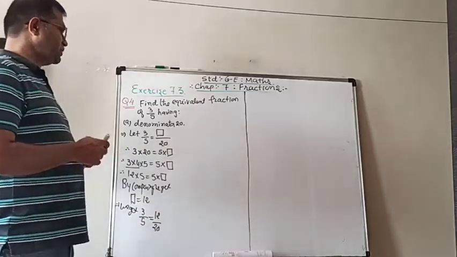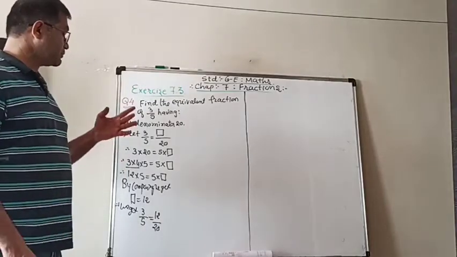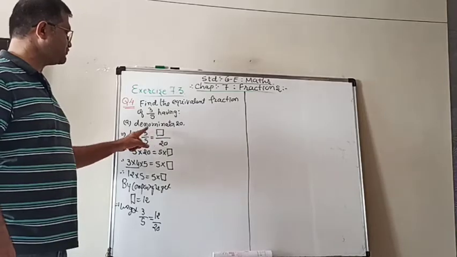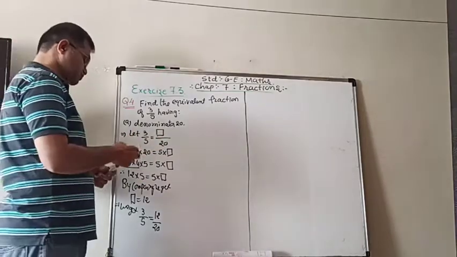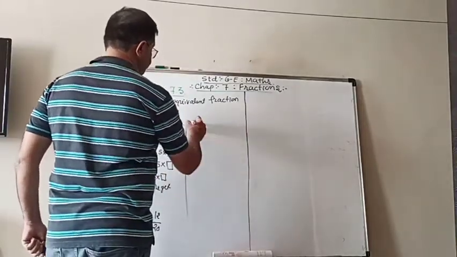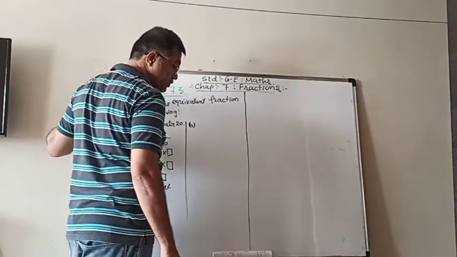Actually, if it is like an MCQ or fill in the blank, you can easily find out the answer also. For example, here 5 4s are 20, it means 3 4s are 12. But when there are more than 1 mark, we have to solve by the method. Let's see what is B. Numerator 9.